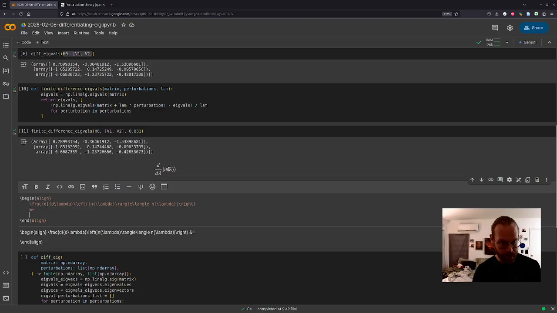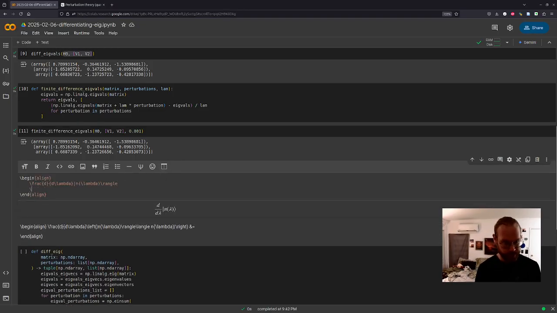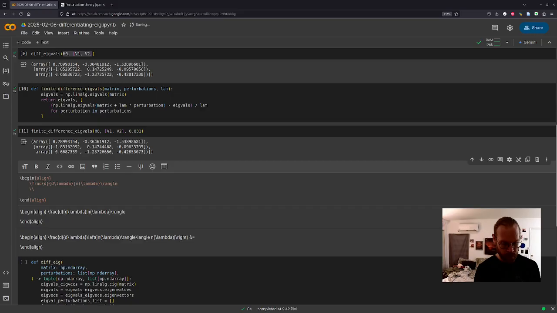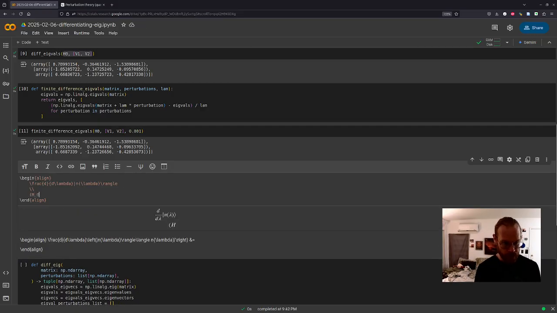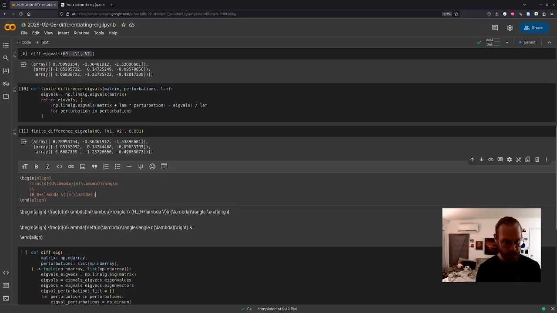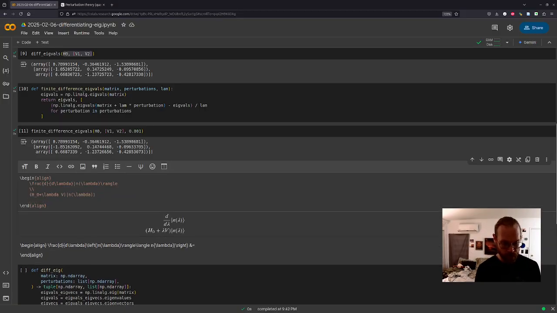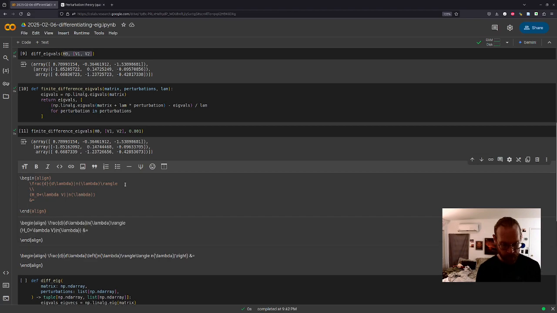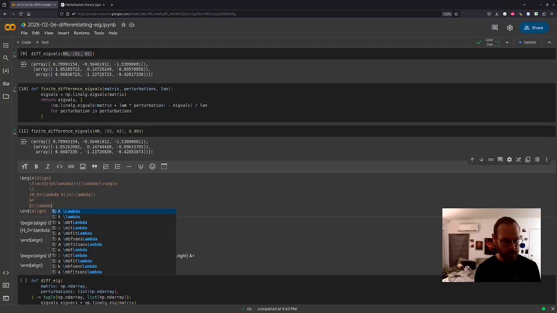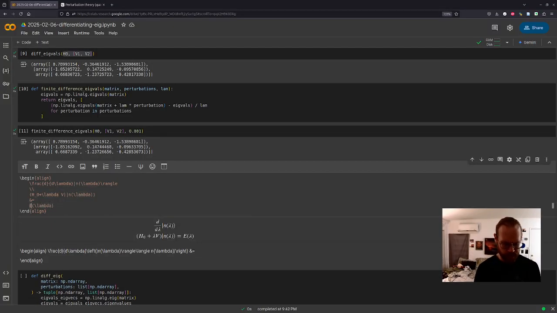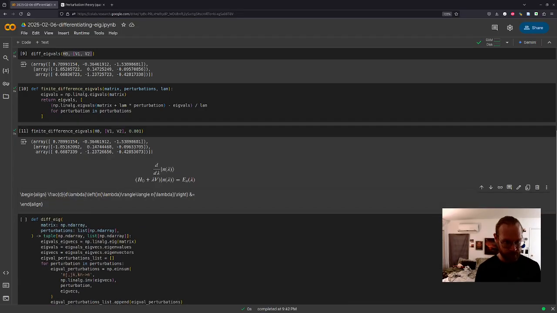Let's go up here. What is true? H naught plus lambda v on n of lambda equals our eigenvalue, what we're calling e_n of lambda. There's lots of subscripts floating around.